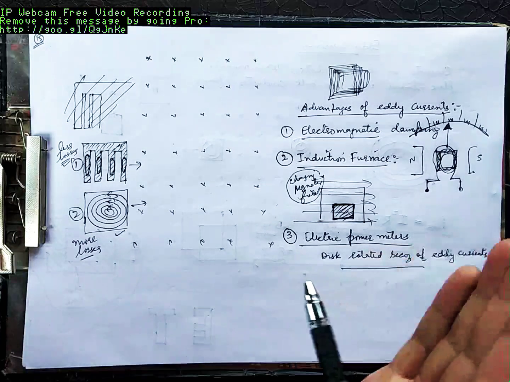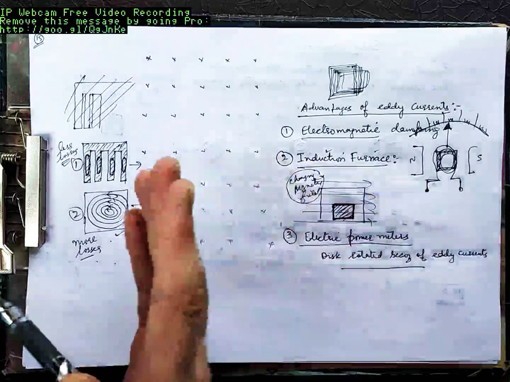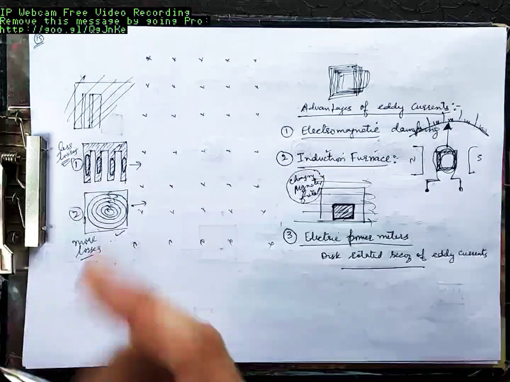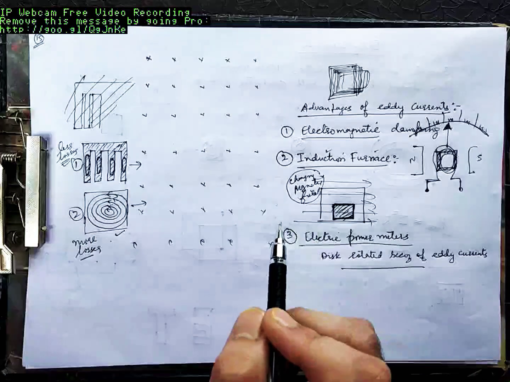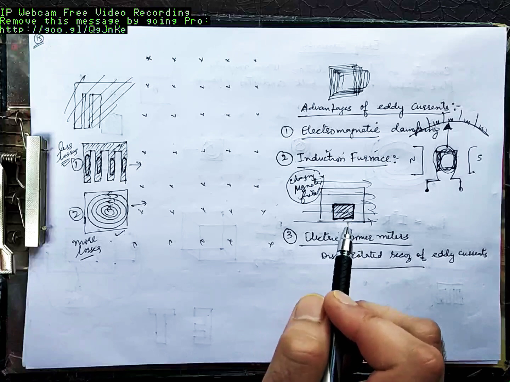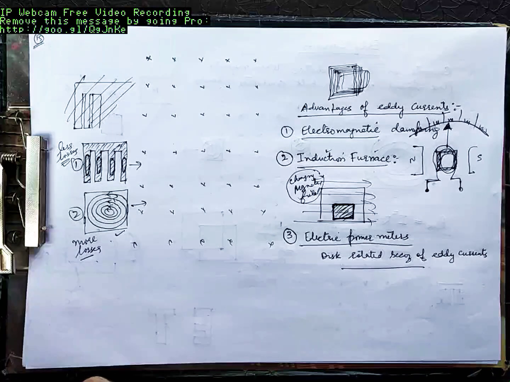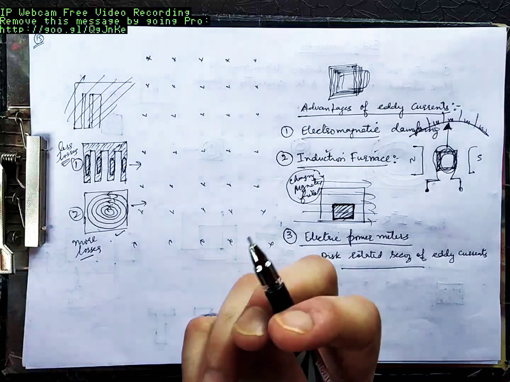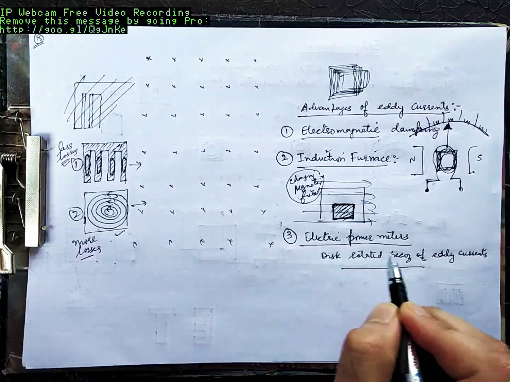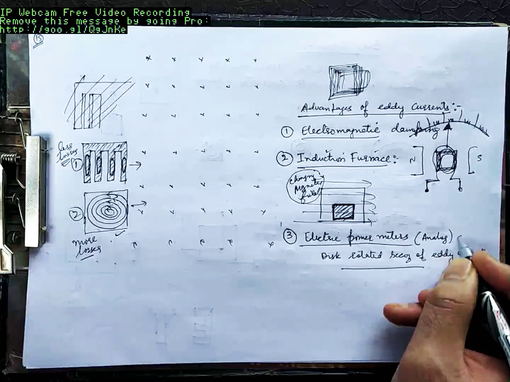Now, the more you consume the power, the more you draw the current, the more the magnetic flux changes. The more magnetic flux changes, more is the induced current, more the induced current, more the eddy currents. More the eddy currents, more the rotation. More the rotation, more the reading. This was how electric power meters, analog type, used to work. They had a disk in them.